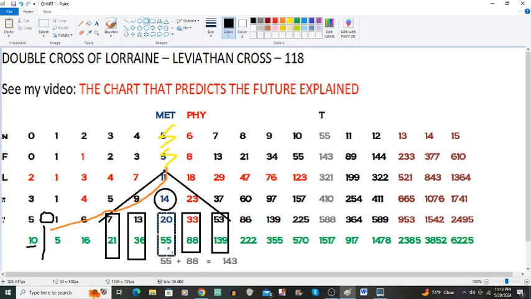One way I like to reduce double numbers is just to a single digit of the number. So 55 would just be 5. Or you could reduce it to a 10. Interestingly,